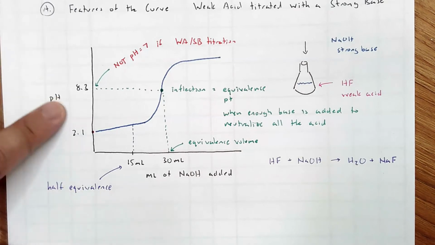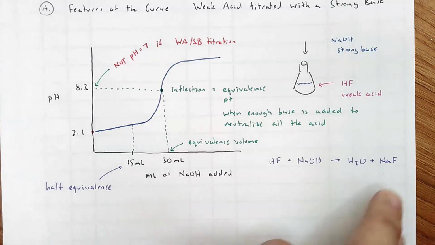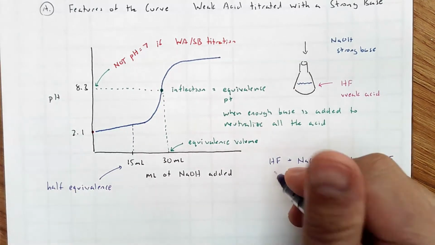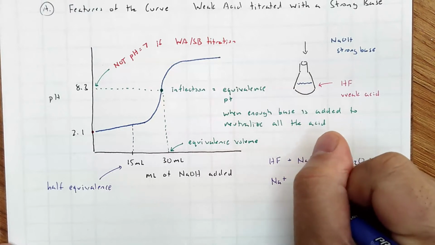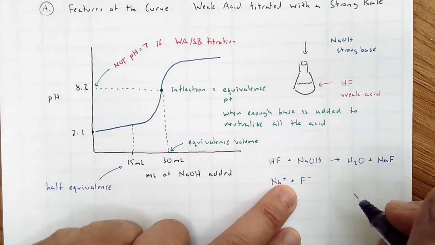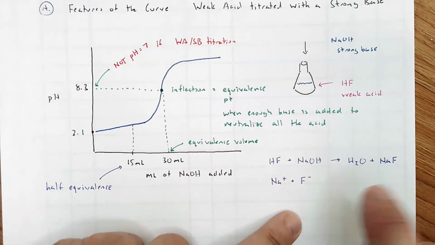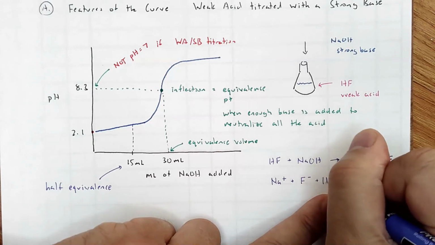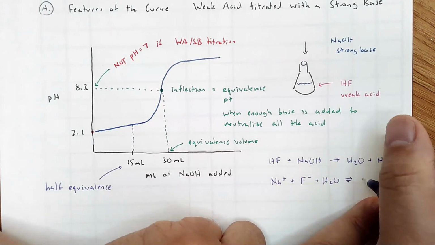Now, why is the pH not 7? It's because we created this NaF. NaF splits up into Na plus and F minus, and this is the idea where we talked about salts making an acidic solution or basic solution or neutral solution. That F minus will react with water to form an equilibrium between,